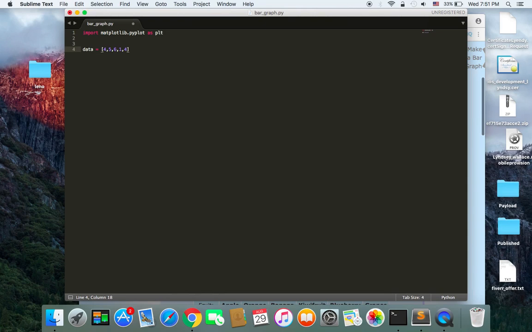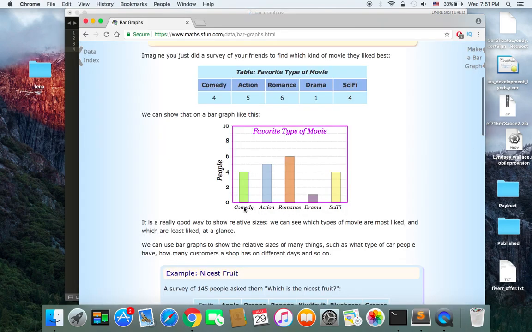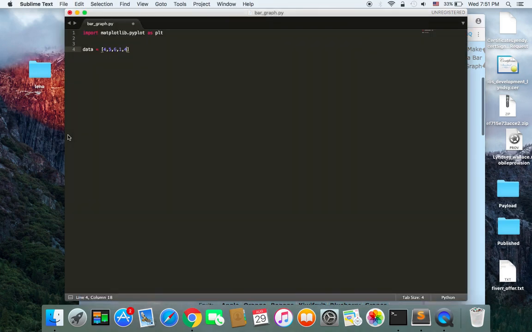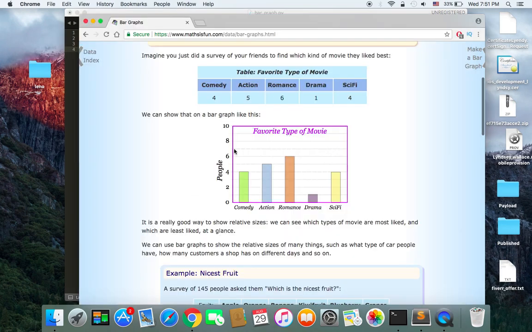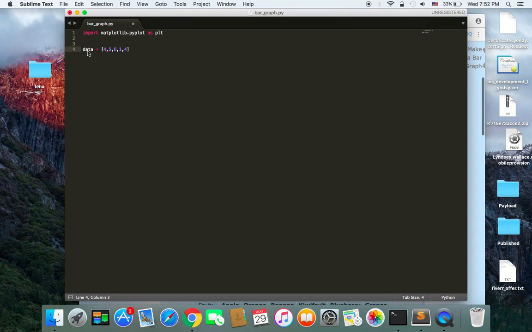And then you need to call a function called bar, and that function is going to draw the data. And of course you need to have labels, and the way that you create these labels is that you need to create an x-axis. So let's suppose that this list is just the y-axis that represents the people, the number of people for 4, 5, 6, 1, 4. So I'm going to change this to people,